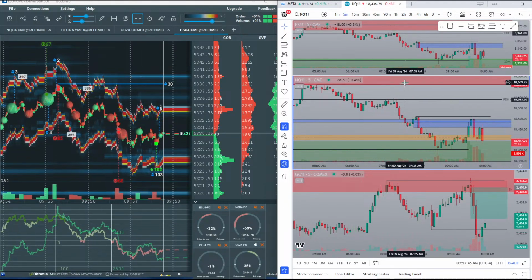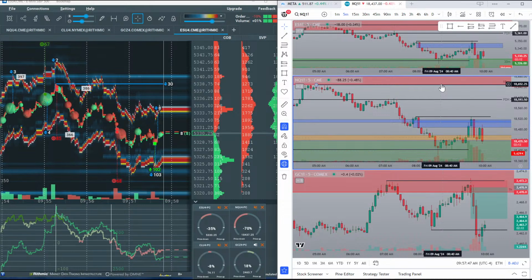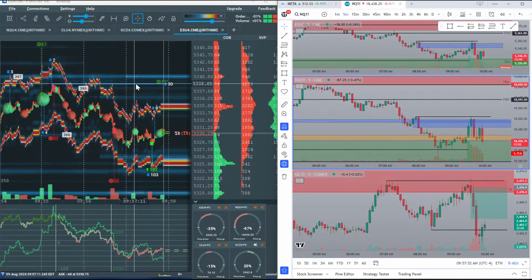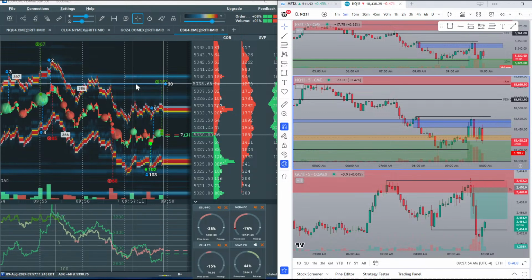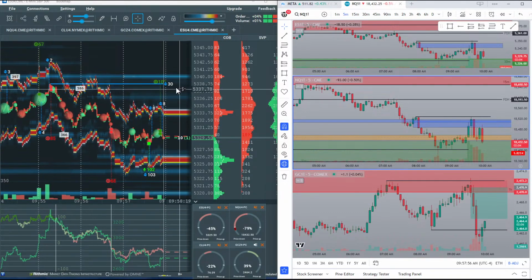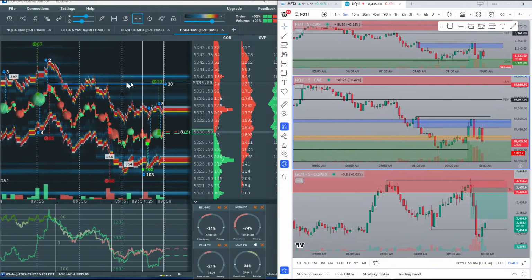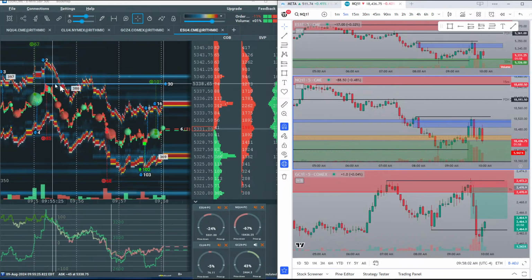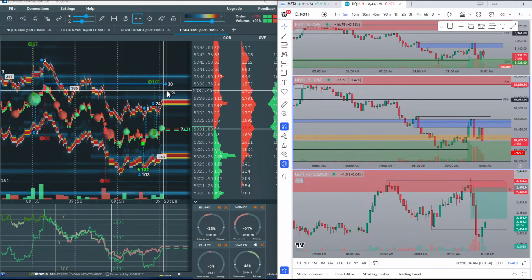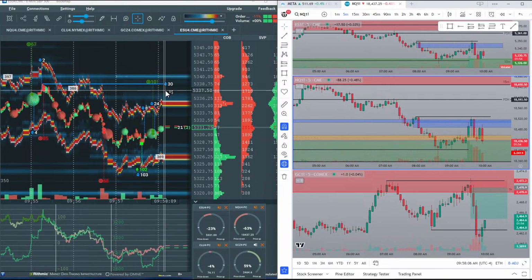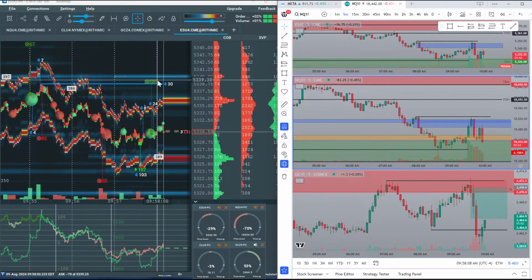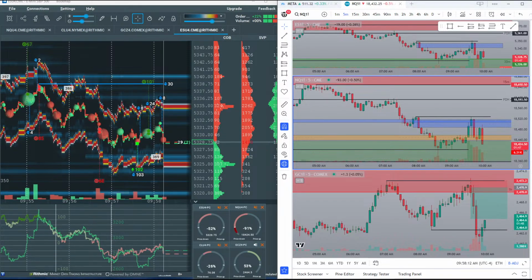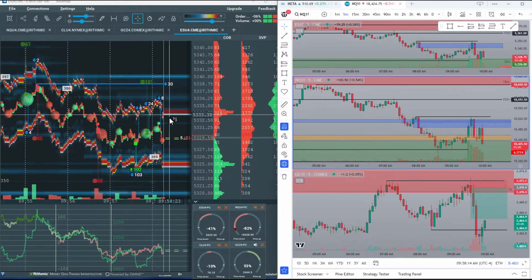Again, I'm staying patient. I want to see if we could take out this 18,650 up here. The iceberg, though, is super helpful. It's basically showing you where there's a large lot of absorption going on, right? So there's 30 right here of sellers trying to hold the market below this level. So you would be able to take, if we got close to this, a short position around maybe 53.3750 with your stop right above it and have a really close 1.2 point stop and be able to really profit,